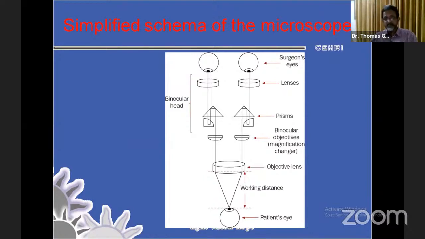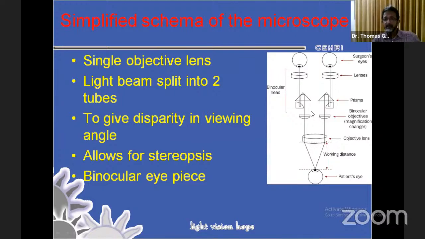And a surgical microscope, if you look at the optics, this is a very simplified version of it. You have a single objective lens, and from there, the light takes two different paths through a set of tubes. The right and left tubes have the optical elements. There is a magnification system interposed next, and that can be a zoom optics or a telescope optics, that Galilean telescope optics that is there. Then it goes through a set of prisms and goes to eyepieces where it's adjustable in terms of IPD